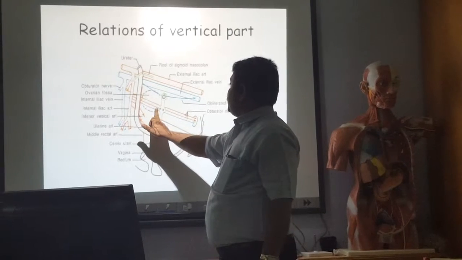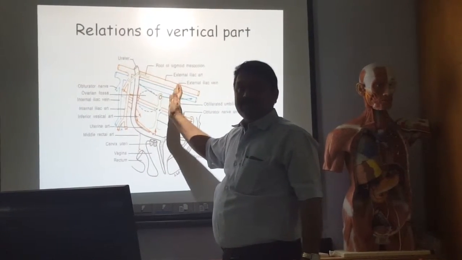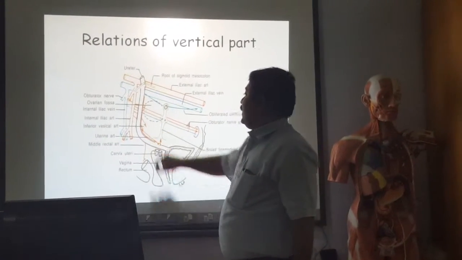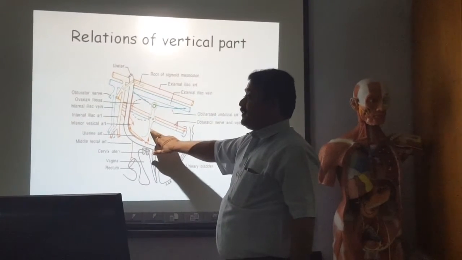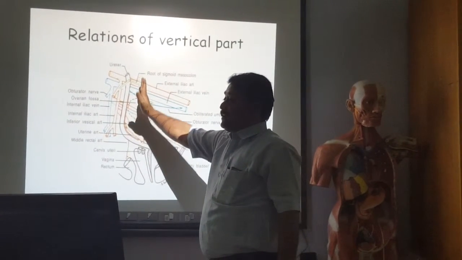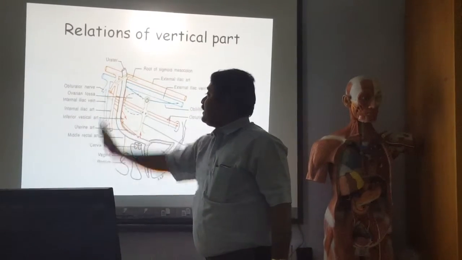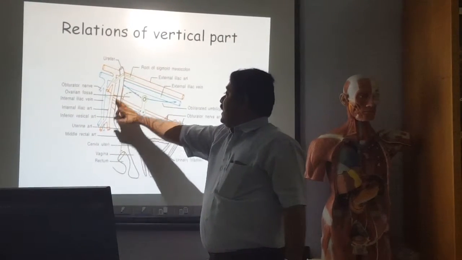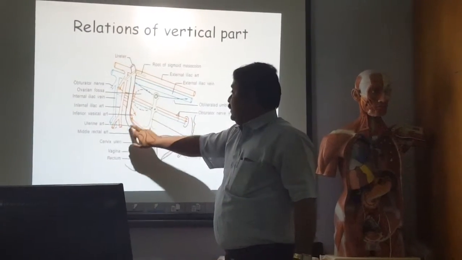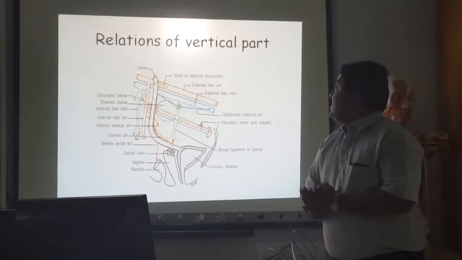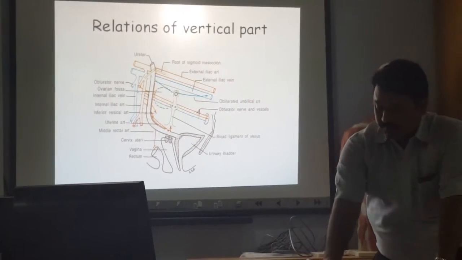So anterior to this, here it is the ovarian fossa in case of female, not in case of male, isn't it? And the inferior vesical artery, broad ligament of the uterus. These are the anterior relations of the vertical part of the ureter. And about the posterior relation, internal iliac vessels. Okay, vertical part of the ureter. This is about the relations of the vertical part. Okay. The next is